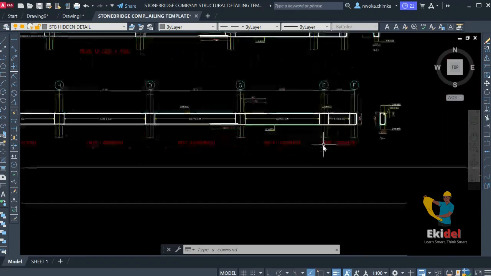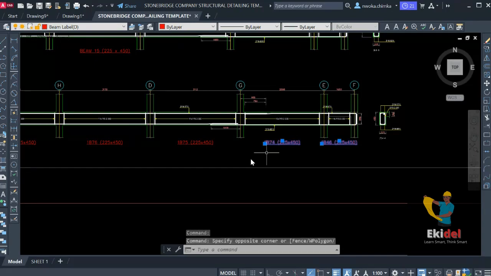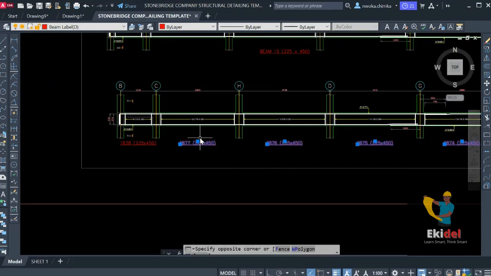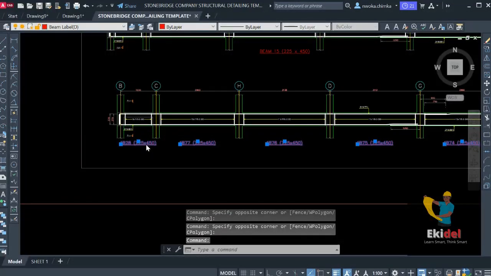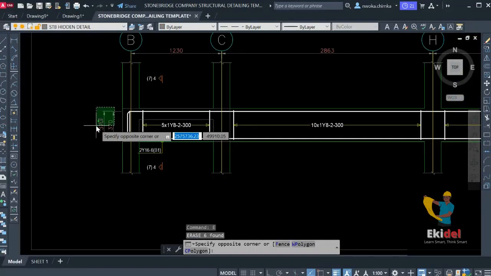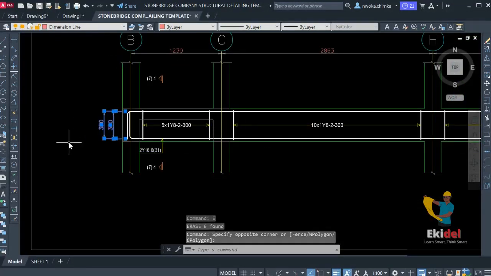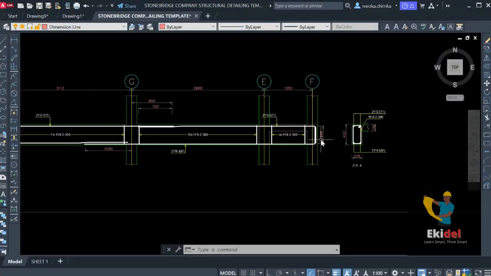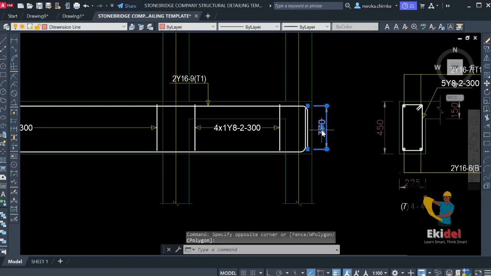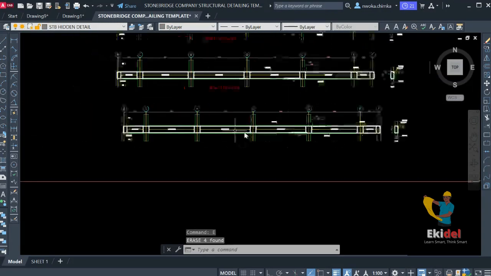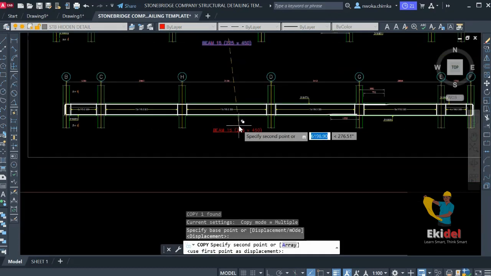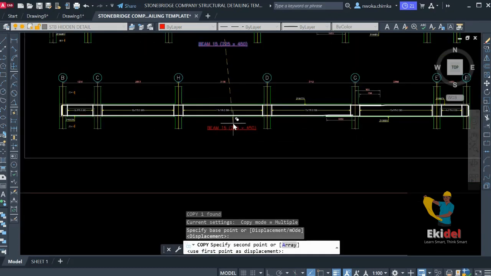So let's just change this right now. So we just go back, because it will be a mistake and a very expensive one if the design was okay, but your detailing now is wrong. It will make that building collapse. So make sure you do a proper detailing. So remove this unnecessary one that came with it, and then copy this right now, and then paste this here and call it